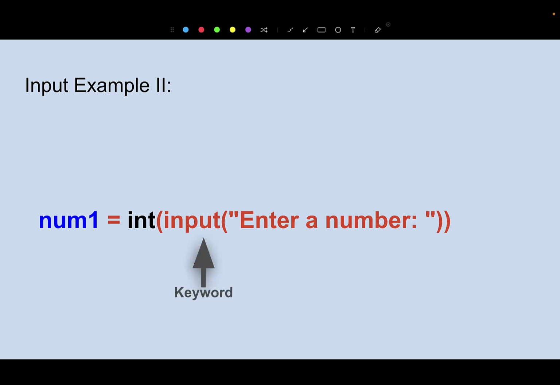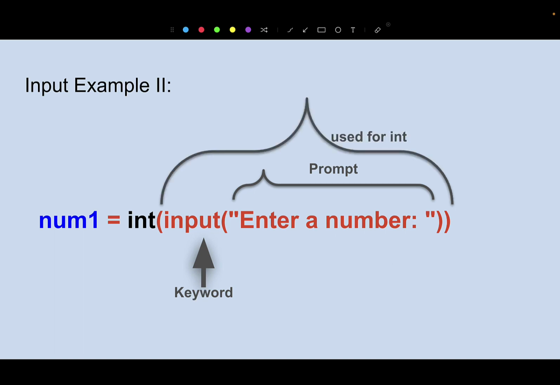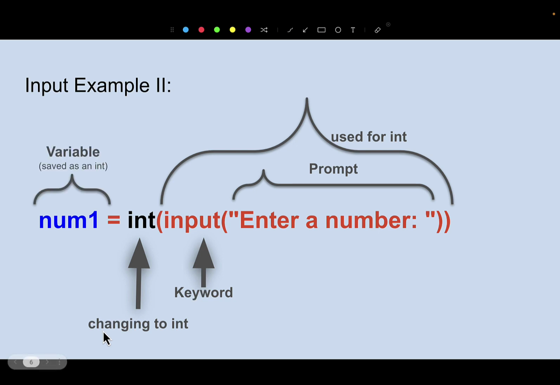So we have our keyword, and then we have our original prompt. And this time what we're doing is we're utilizing an int statement. So we're just changing this, and you notice that this is outlined in parentheses. So that is basically changing the variable from a string. So now when it's saved, it's going to be saved as an int because of what we did in this